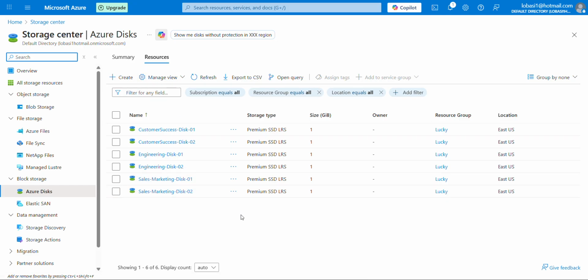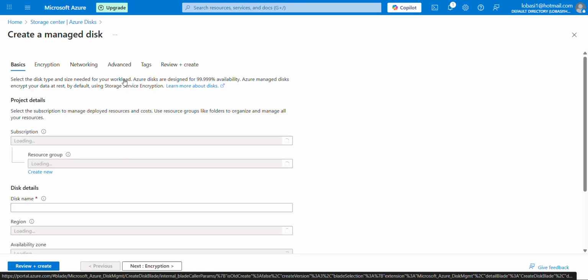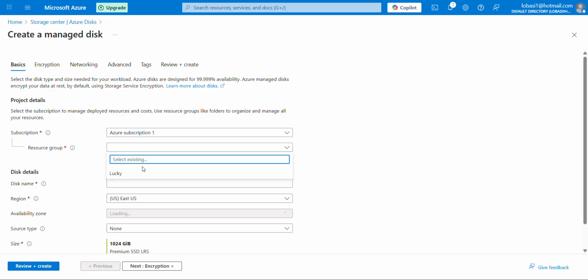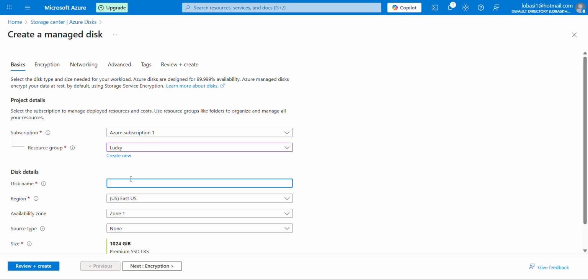So to create a new disk, you click on create. Here we are. This is the creation wizard. Then we are going to choose our resource group, which I've named after my name, and a name for the disk. You can call it anything pertaining to the industry you are working with. Okay, let's call it advertisers,